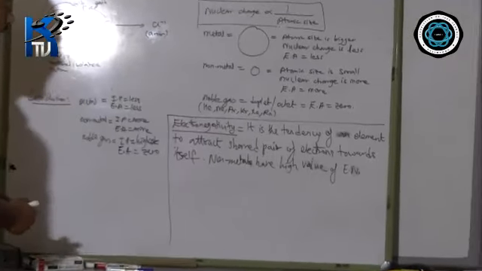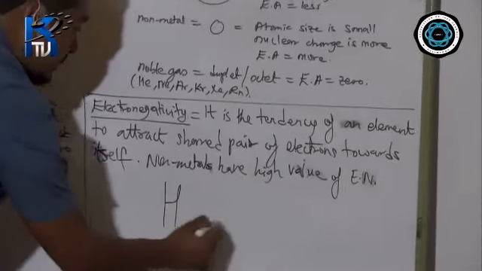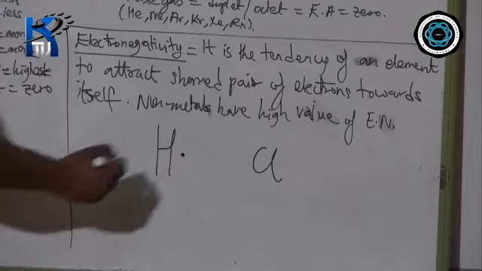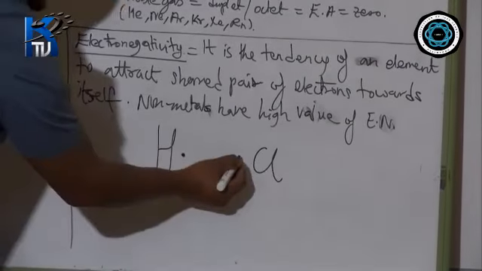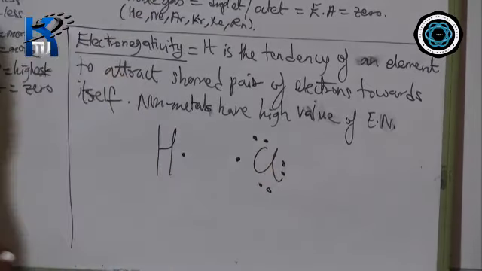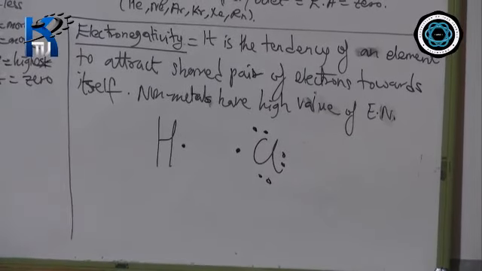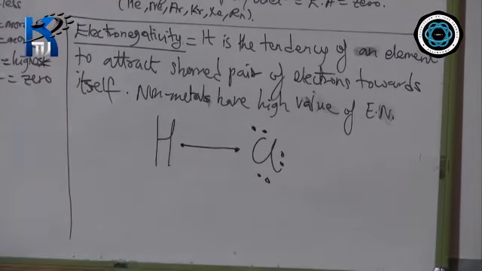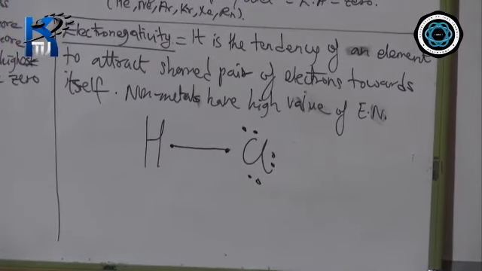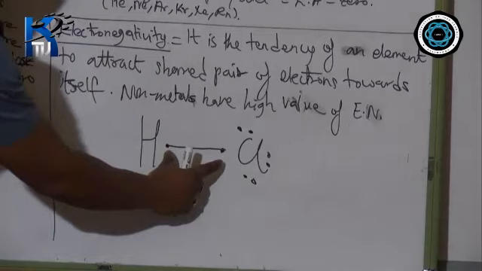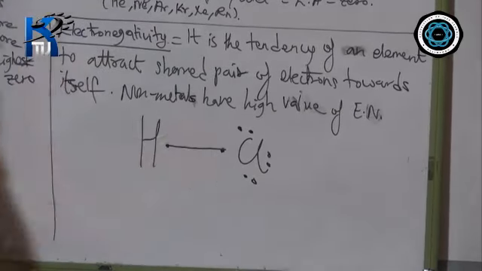To explain this, I would like to give you one example. This is your hydrogen, this is your chlorine. Hydrogen has 1 electron in the outermost shell, whereas chlorine is 17, so 2, 8, 7, so it has 7 electrons in the outermost shell. Now, hydrogen requires 1 more electron to become duplet, whereas chlorine requires 1 more electron to become octet. As a result, they will share their electrons, because both are non-metals. Both will share their electrons in order to become stable. So when they share the electron, hydrogen becomes duplet and chlorine becomes octet.